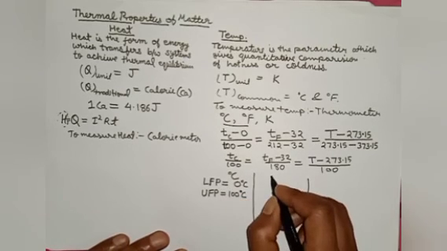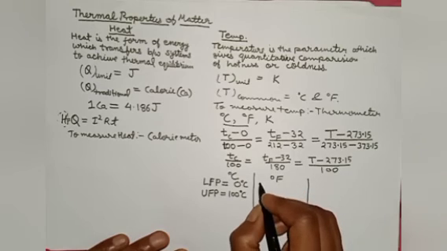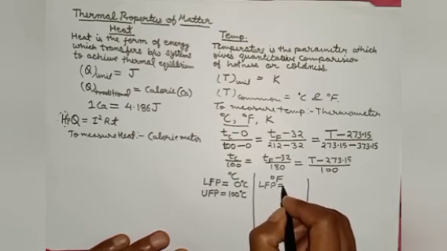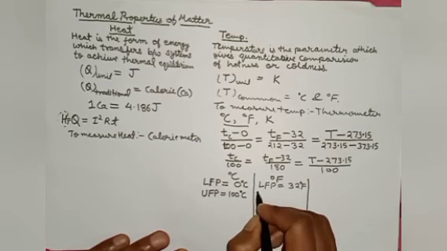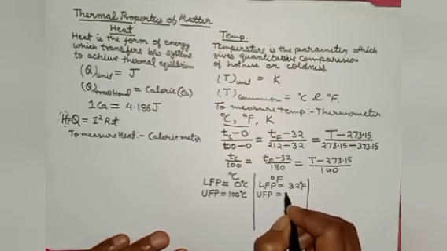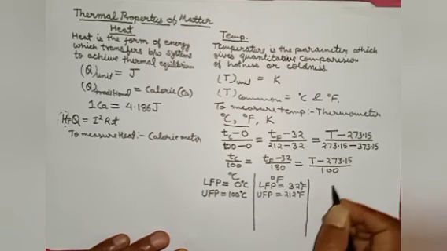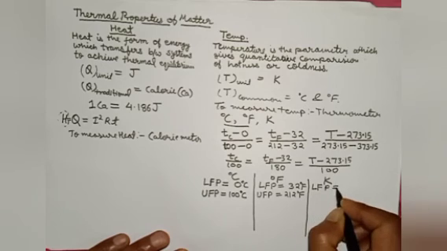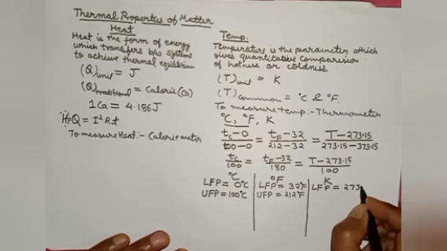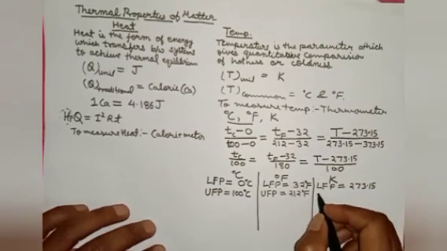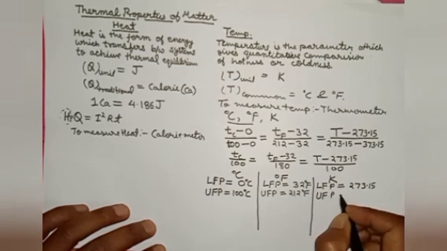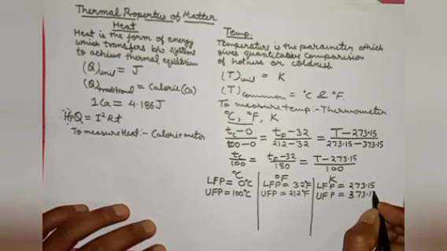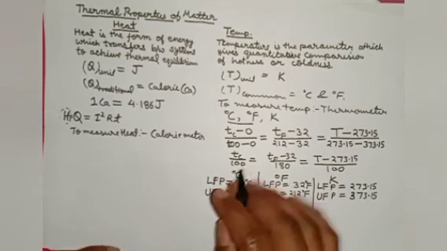Next, for degree Fahrenheit, the same ice point or lower fixed point is marked as 32 degree Fahrenheit, and the upper fixed point is marked as 212 degree Fahrenheit. And for Kelvin, the lower fixed point is marked at 273, and the upper fixed point is 373.15. So this is the basis of